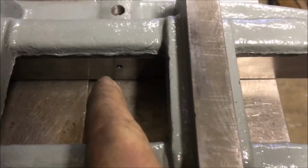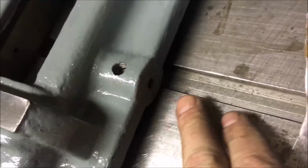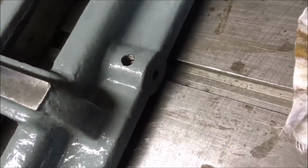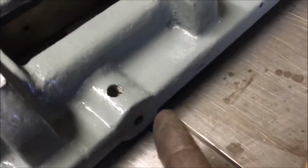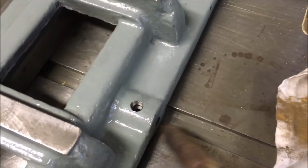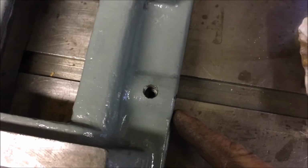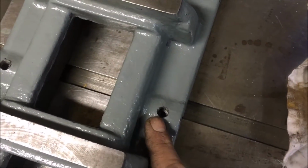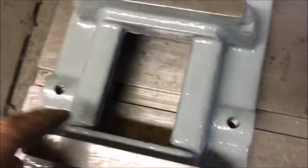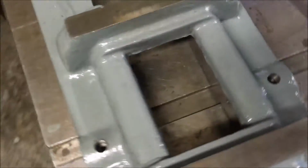So we've drilled an oil line through, drilling through from this side, and then we've tapped this end. You can just see it there, tapped it M8, so that'll have either a simple grub screw, or I can make up some kind of needle valve type of thing just to restrict the flow. And that's tapped 1/8th BSP, same that side. So the only other thing I've got to do now,